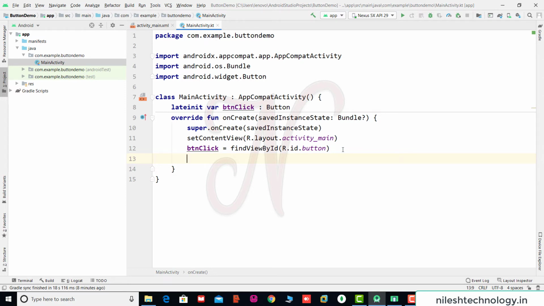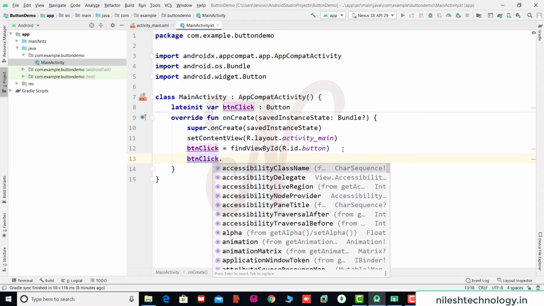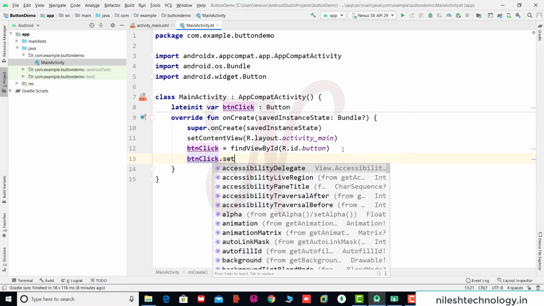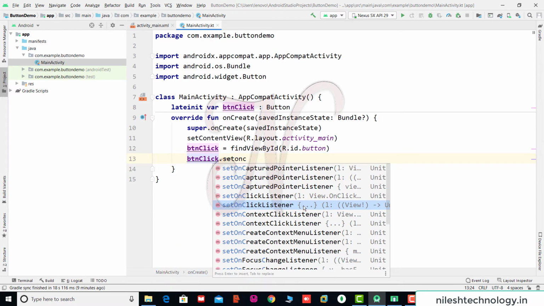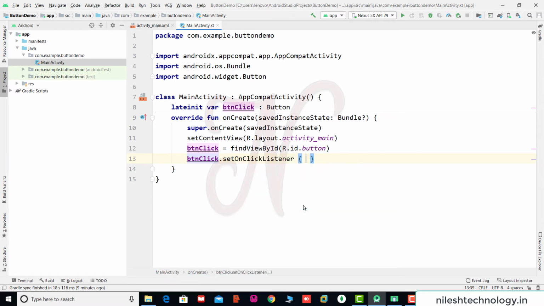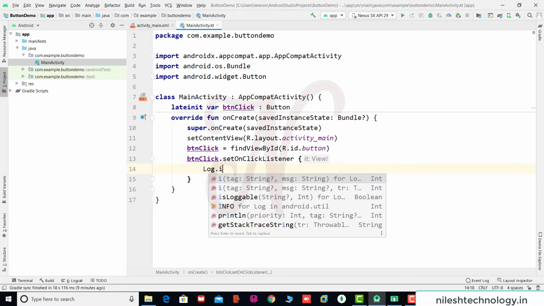See here btnClick dot. The event function name is setOnClickListener. Use this curly bracket function. Enter this. This is the opening bracket and the closing bracket. Here we add some event code. First we use the Log.i.